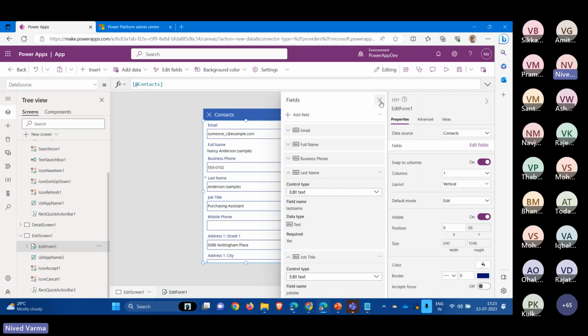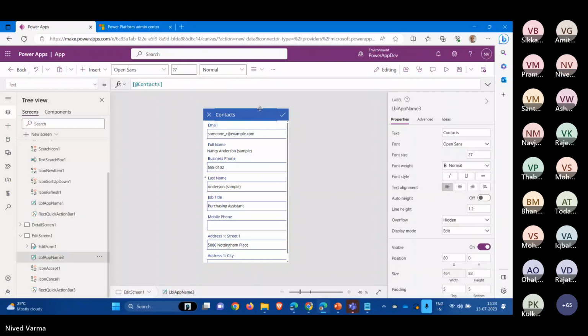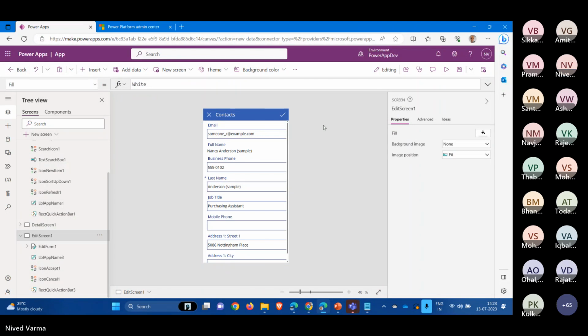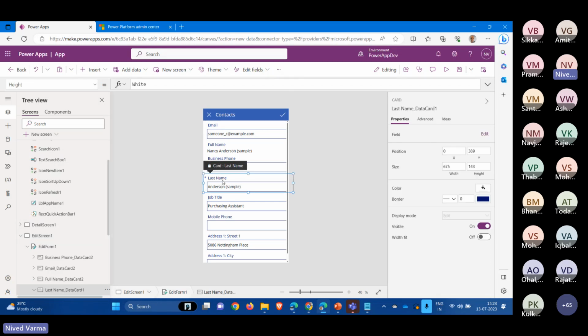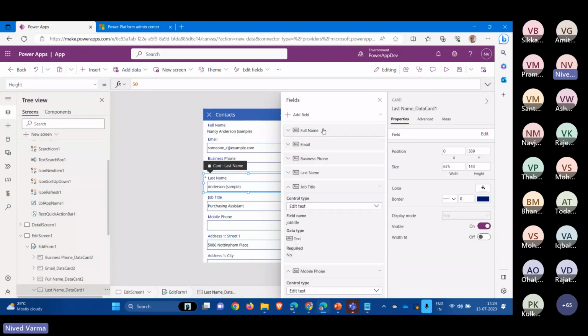You can see that all these fields have been added in this form for me. All right, this is my contacts form. If we want, we can always reorder these fields by arranging them. If I go to the edit, I can say that the full name goes at the top, then the last name,